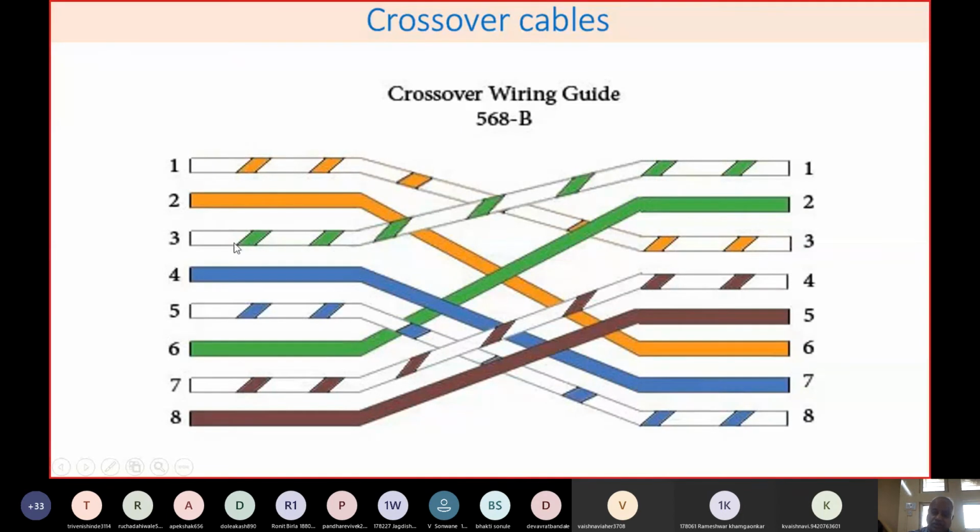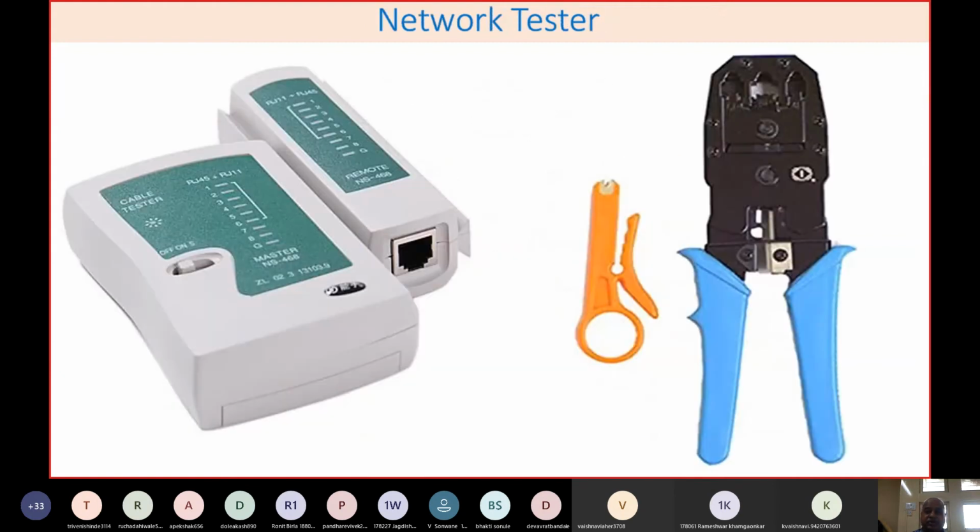So why do we need this type of cabling? What is important here is that on one side there should be white brown, and on the other side the first wire should be white green. Similarly, on this end, if this is a brown on one side, then the second wire should be green on the other. That is why we go for this convention, because one transmitter acts as a receiver and the receiver is connected to the transmitter, and then communication is possible between similar devices. That is why we need to use what is called crossover cabling.